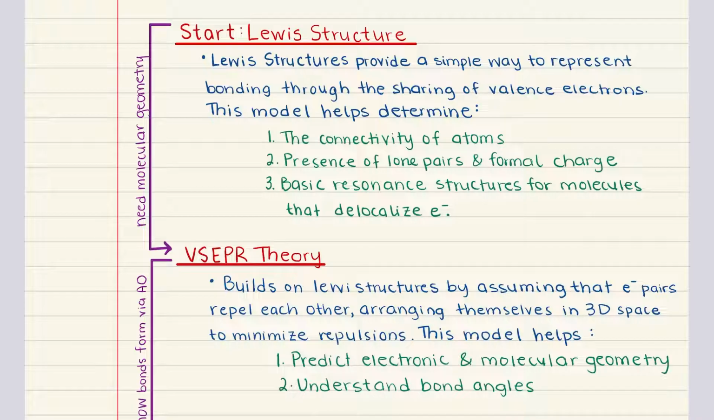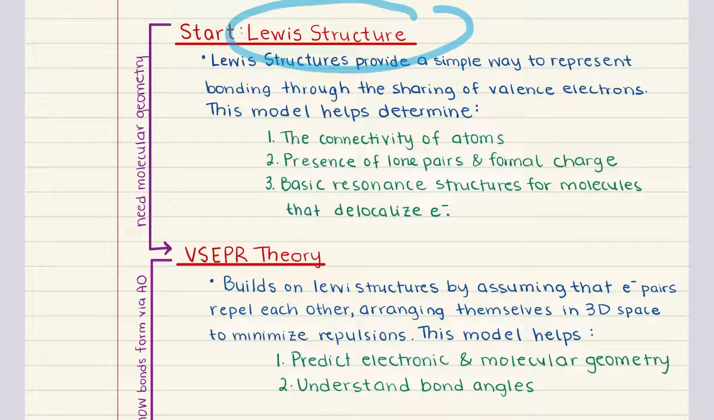We're going to begin our understanding of bonding with Lewis structures. This is a simple way to represent how atoms share valence electrons. This model is useful for determining which atoms are connected, the presence of lone pairs, and whether a molecule has resonance structures. But while Lewis structures help us organize electrons, they are limited because they only give us a two-dimensional